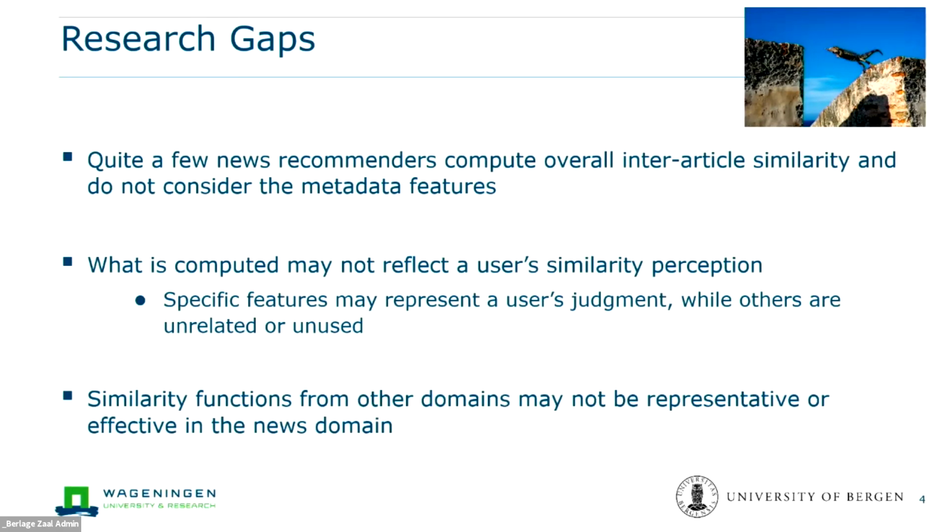And a lot of algorithms that we see, or recommendation approaches that we see at the venue, might have a different goal in mind. For example, to optimize engagement, or Netflix might be more interested in whether you watch a movie and doesn't really care which specific movie. Whereas with news recommendation, you might care a bit more about what a user does with it. And therefore, one algorithm from one domain might not really be representative in the current domain.